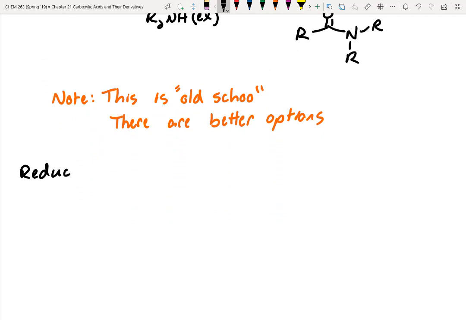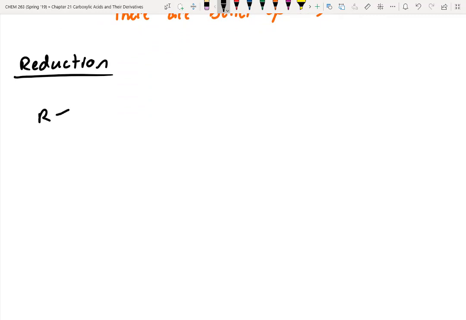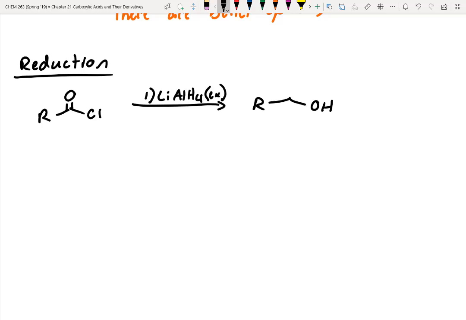Reduction. So let's say we want to just go ahead and convert this to an alcohol, right? Primary alcohol. What do you think we might use? LAH, why not? You typically use this in excess followed by H2O. And you can imagine that this mechanism is pretty straightforward, right? We've essentially got H minus floating around